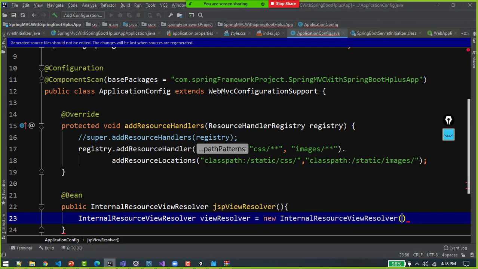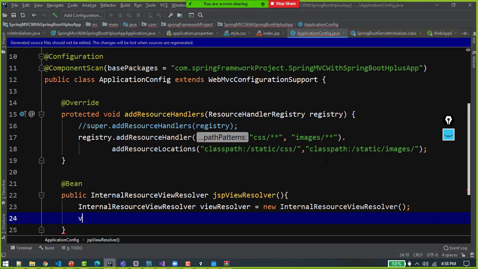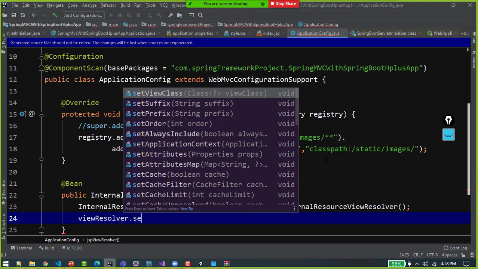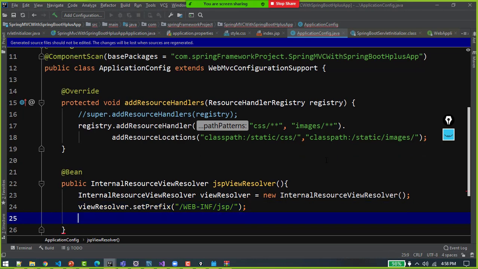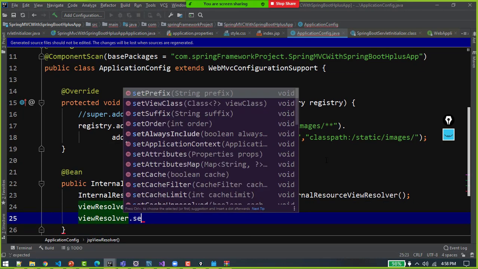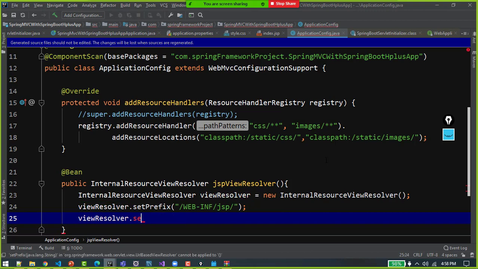Tell the location of JSPs by setting the prefix, adding the suffix .jsp. Where does JSP reside? In WEB-INF folder under JSP folder. View resolver, set suffix. What is that suffix? Add this extension.